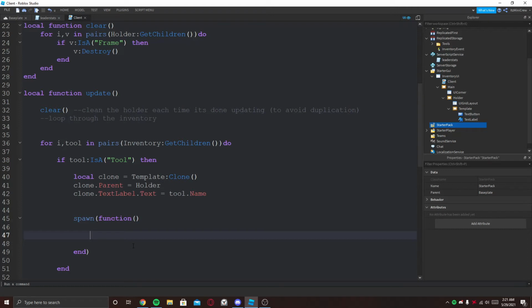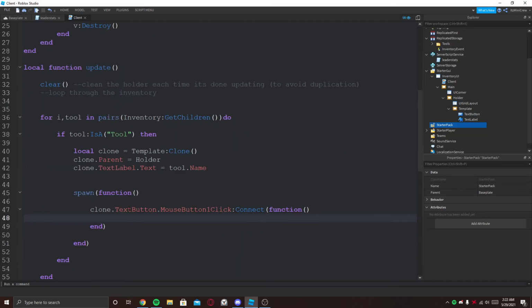So we're gonna make sure we are only updating in the clone. So we're gonna say clone text button, which is the click button. Text button, one click, connect to a function. So text button function, and